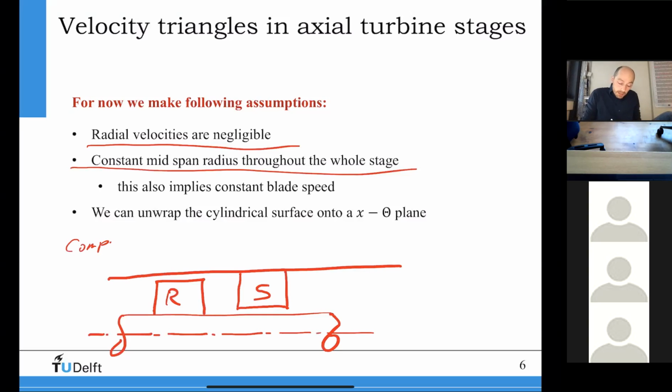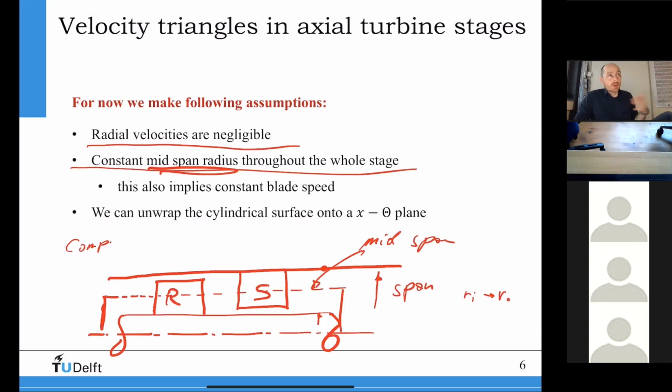Then you can see that when I talk about midspan radius, this coordinate here is called the span, okay? And the span goes from R inner to R outer radius. This is the inner radius, and this is the outer radius. If I call midspan, then I'm exactly in the middle of it. This plane here is called midspan. So I say that we have a constant radius at midspan, that the radius here doesn't change as we go through a stage, okay? Which means it's very easy to unwrap